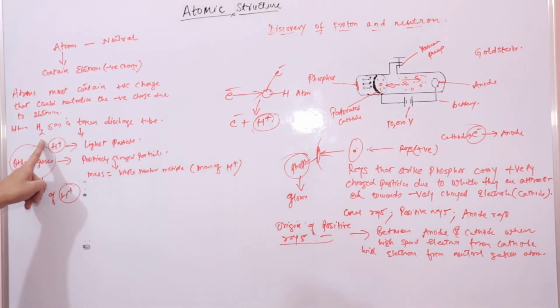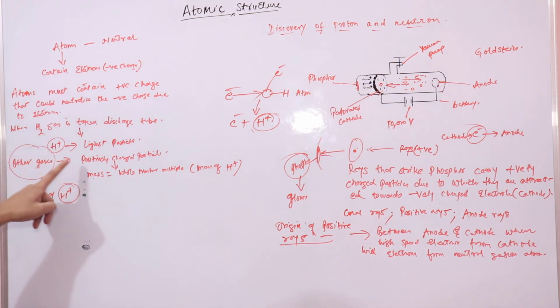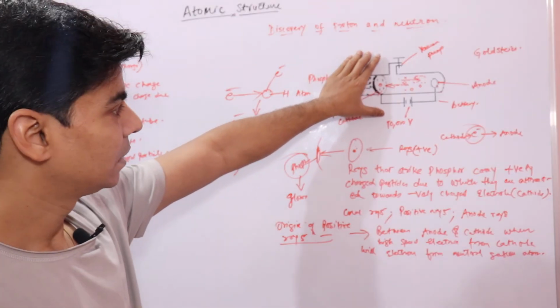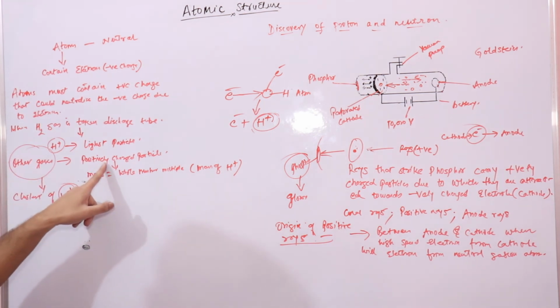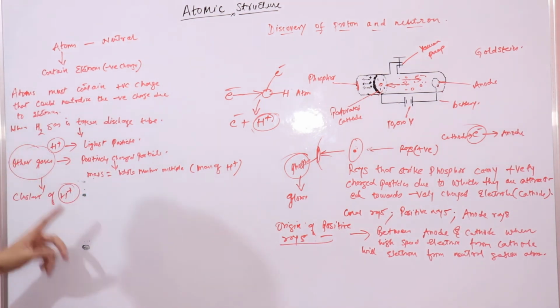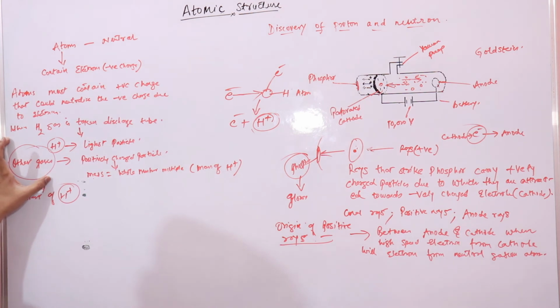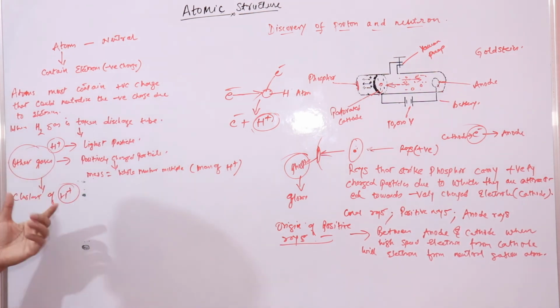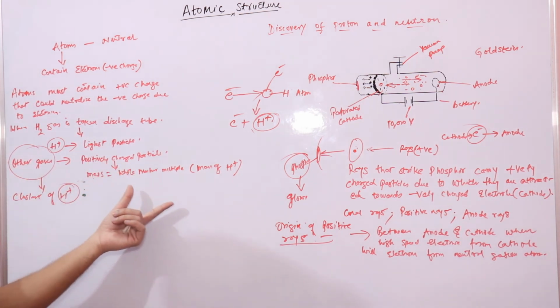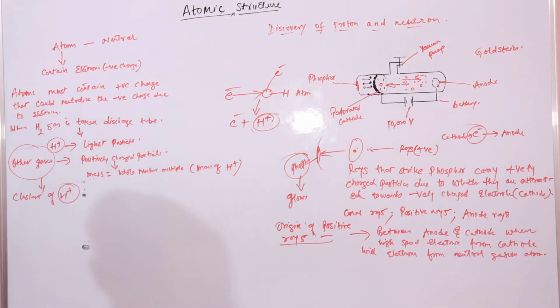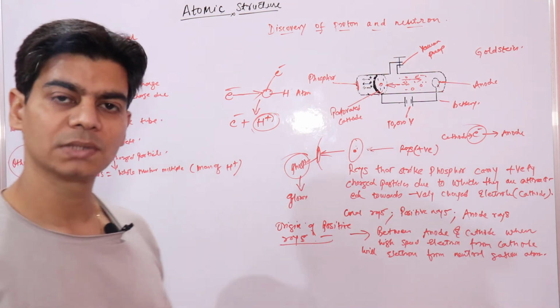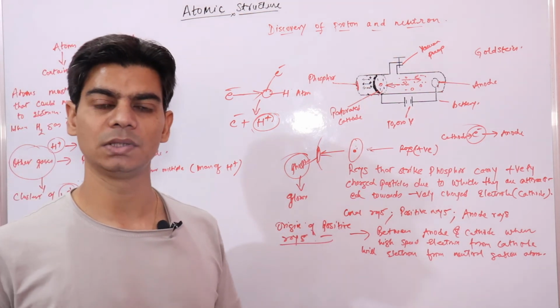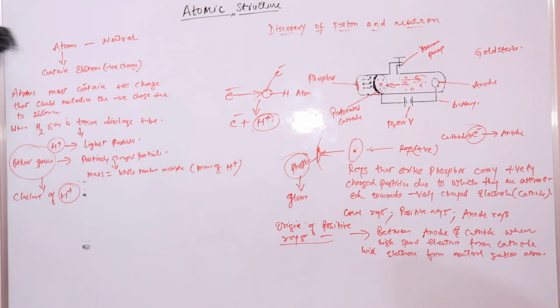And hydrogen, the positive particles due to hydrogen gas was considered as the lightest, and other positively charged particles produced due to other gases was considered to be clusters of hydrogen ions. Why clusters of hydrogen ions? Because their mass was a whole number multiple of the mass of positively charged particles due to hydrogen ions.